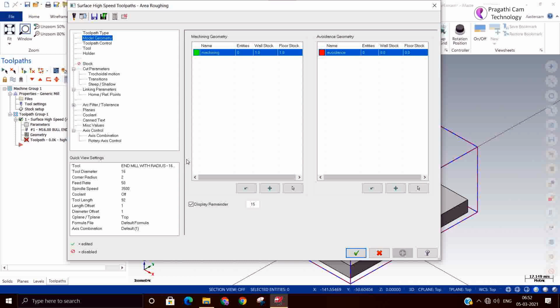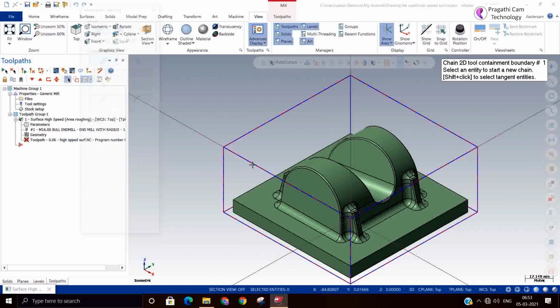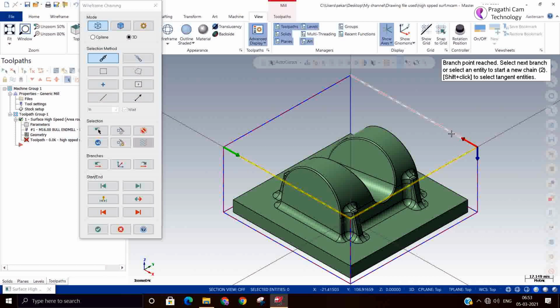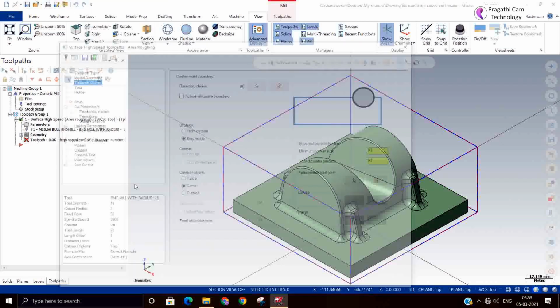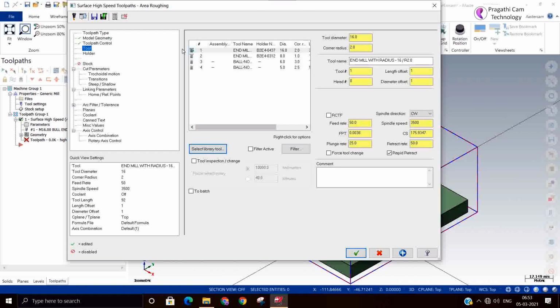In a steep area, it will add additional cuts. Some of these are the new things taken care of in this toolpath. So we will see. Now I'll keep the stock 0, and I am not taking anything here. Now I'll select the boundary. It looks like almost all the things are similar to the previous roughing toolpath, with only small changes there.